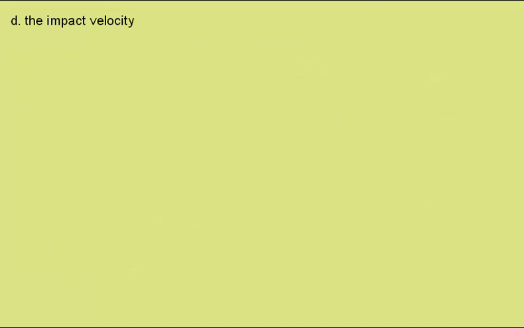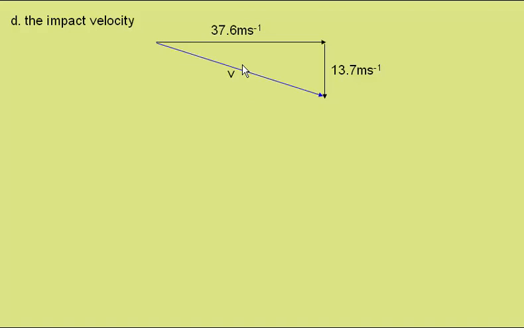Part D. Calculate the impact velocity of the ball. Well, we have a horizontal component of 37.6 meters per second, a vertical component of 13.7 meters per second, so this will give our resultant. But you'll notice both these figures have the same magnitude as the horizontal and vertical components of the initial velocity of the ball, and therefore the resultant will have the same magnitude. So we can say that v will be 40 meters per second,